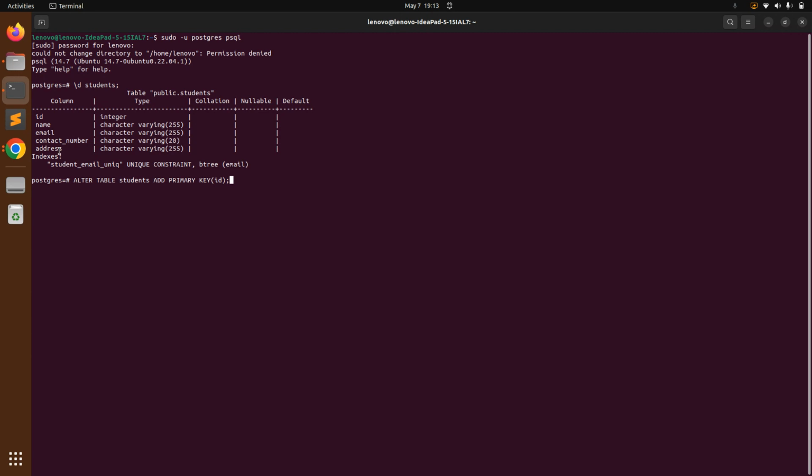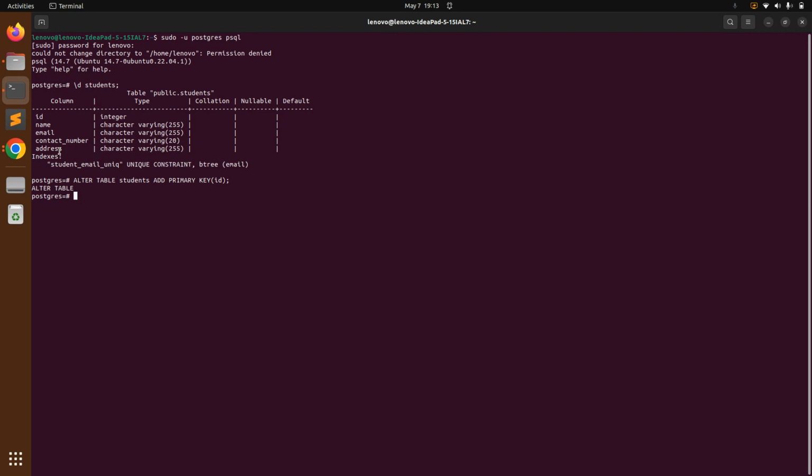Okay, however, if you wish, you can create a composite primary key as well. I mean, you can keep id and email, for example, to form the primary key. Okay, but here we are just using id as the primary key. And in the upcoming lectures we will see how we can create composite primary keys and what the significance of composite primary keys is. Okay, but for now we are just choosing id as the primary key. Okay, and when you run this query, you can see that the primary key has been added into your students table,